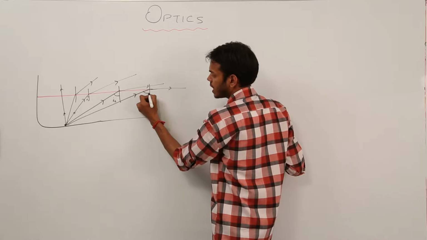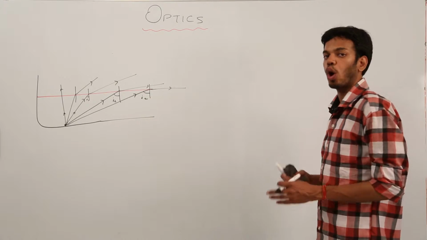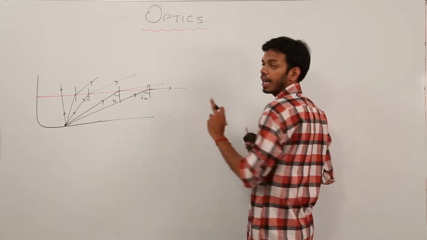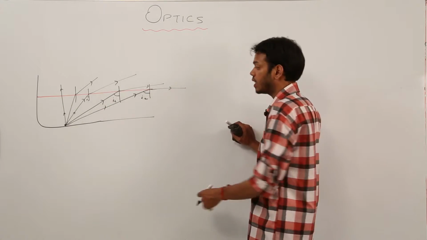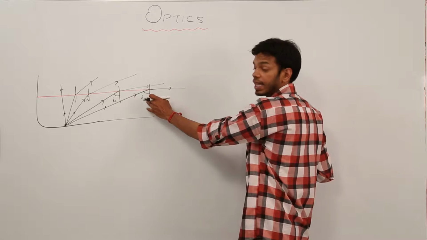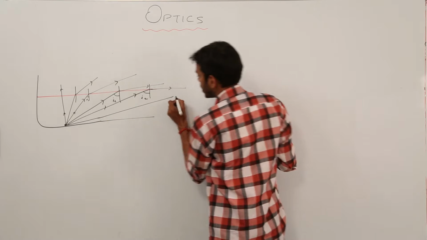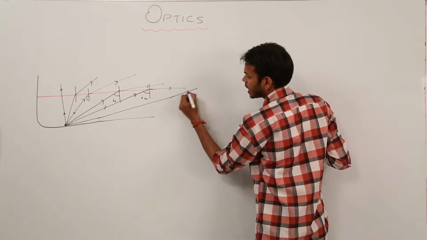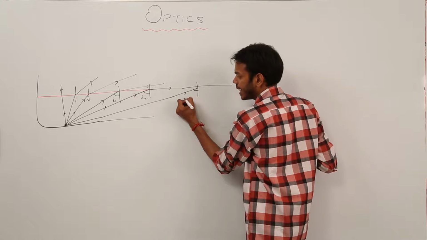This is what happens, and this angle is called the critical angle. So today we are going to talk about this critical angle. And if I have another ray which is at an even greater angle than this critical angle, what will happen? The ray which is incident on the interface at an angle greater than the critical angle,